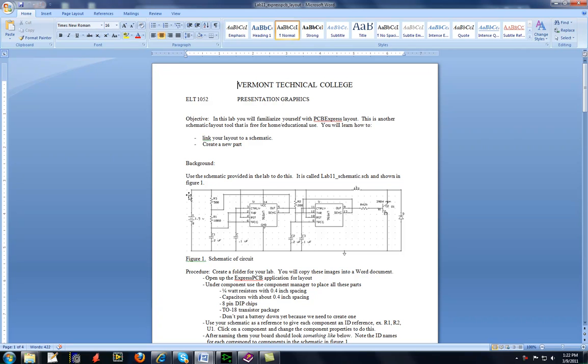Hi everybody, this is the lab 11 that we're going to be doing. We're going to be looking at another PCB design tool this week, and it's from a company called ExpressPCB, and there's another company called PCB Express, and they also offer a free design tool, but we're looking at ExpressPCB. It's the name of a company,